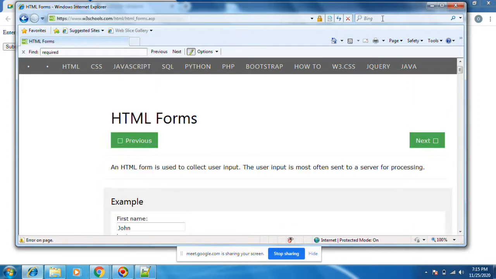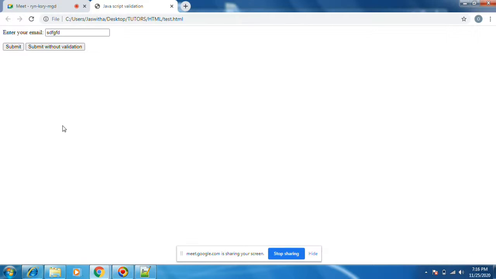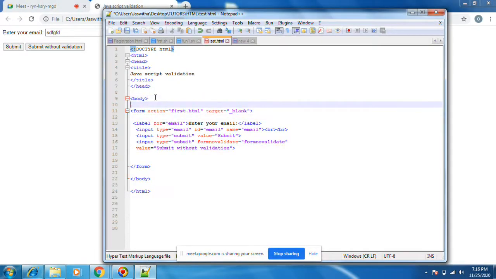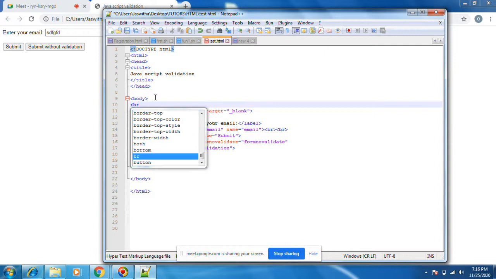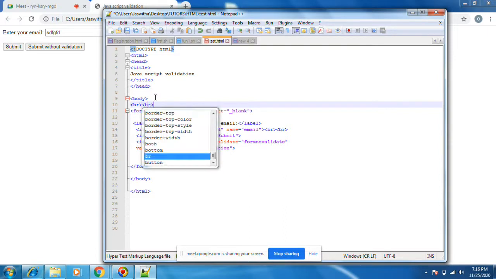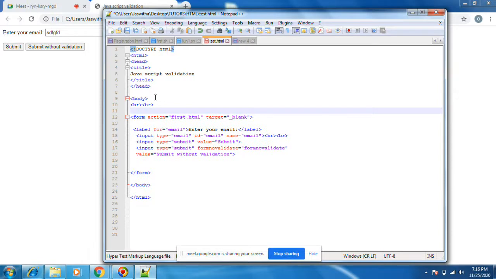Okay, next and very important thing is marquee. Suppose H2.